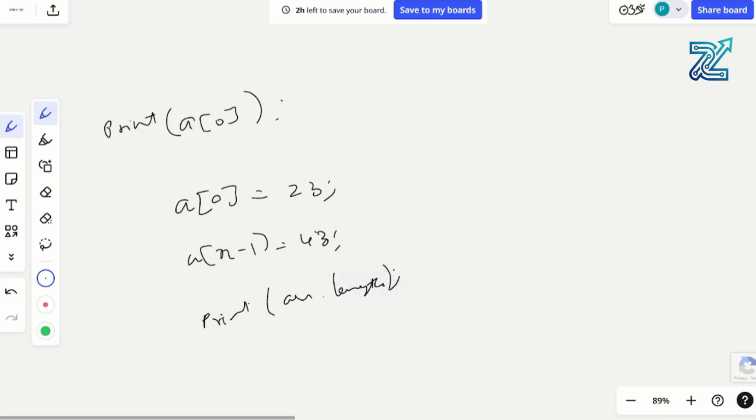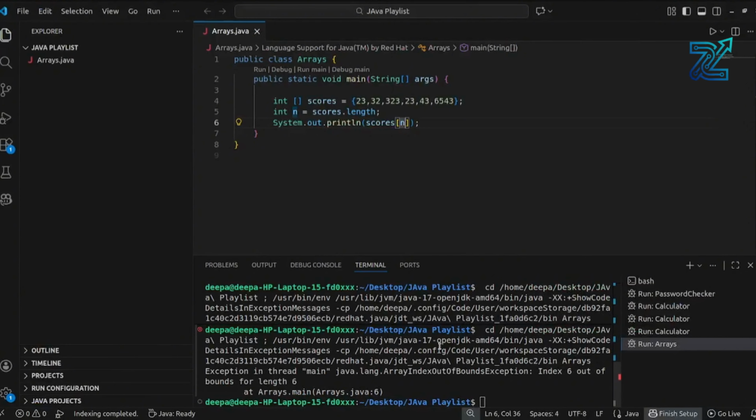Okay, now we will check. For that, we will move on to the Visual Studio Code. In here,